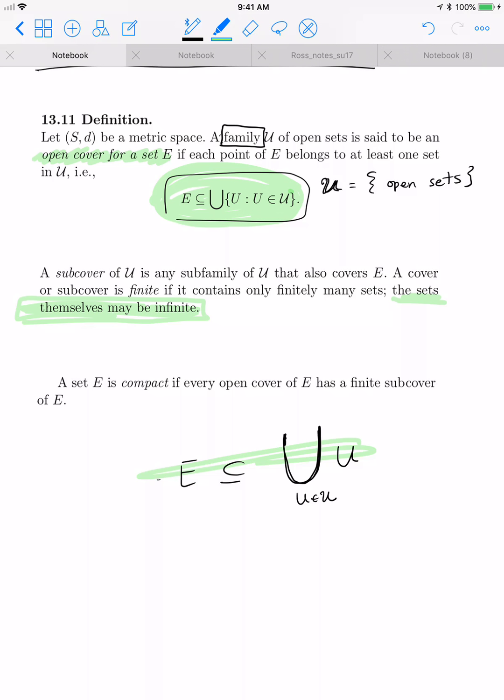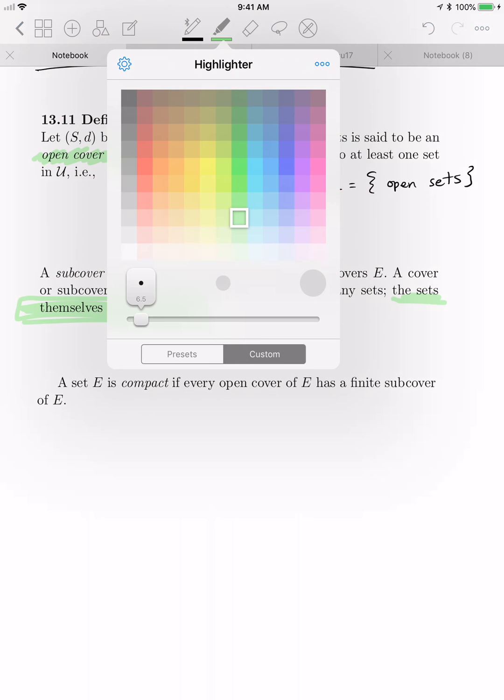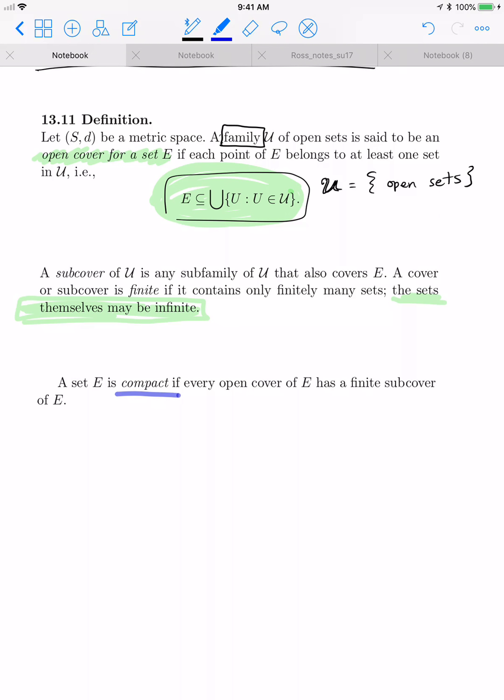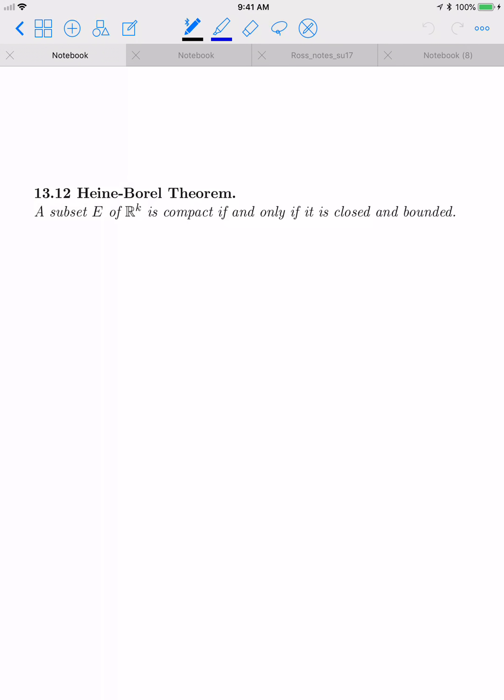Okay. If every open cover of E reduces to a finite subcover, then E is called compact. All right. So E is compact if every open cover of E reduces to a finite subcover. Okay. So let's look at the very useful theorem, Heine-Borel. And this is a way